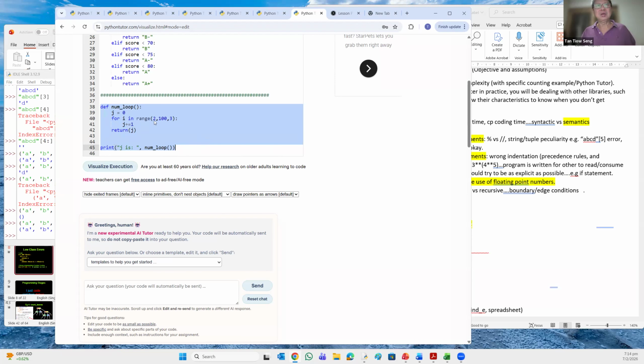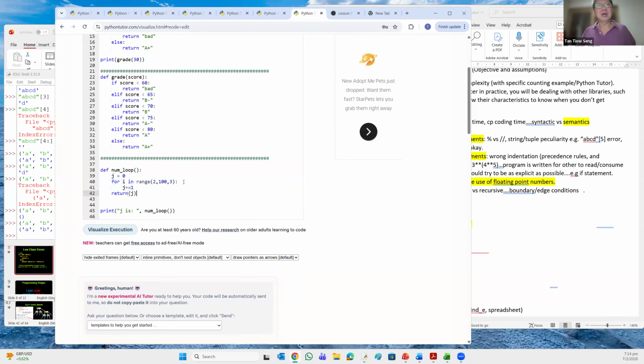And this loop is started with 2 and ended before 100 and at the increment of 3. So for that, you know that this is starting with 2, then add 3 become 5, add 3 become 8, until who is the last guy? The last guy has to be a number smaller than 99, but 99